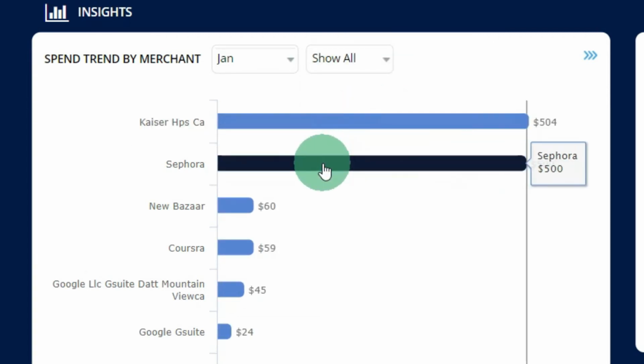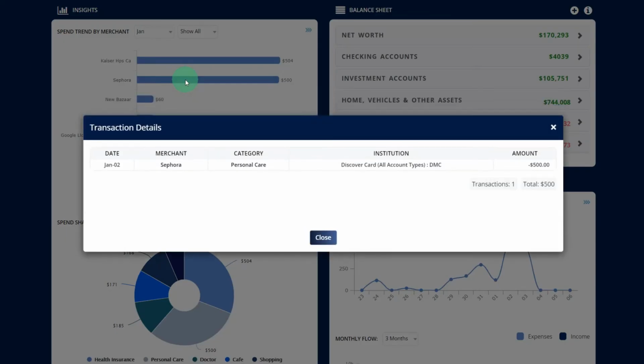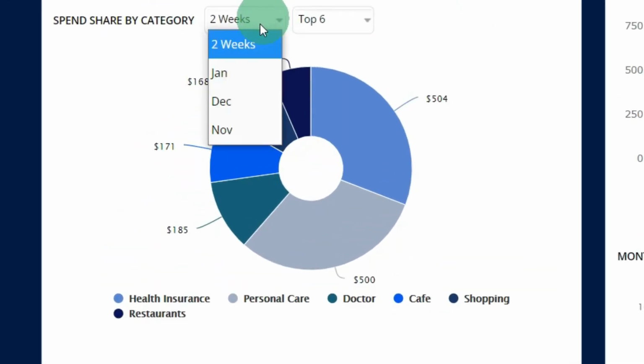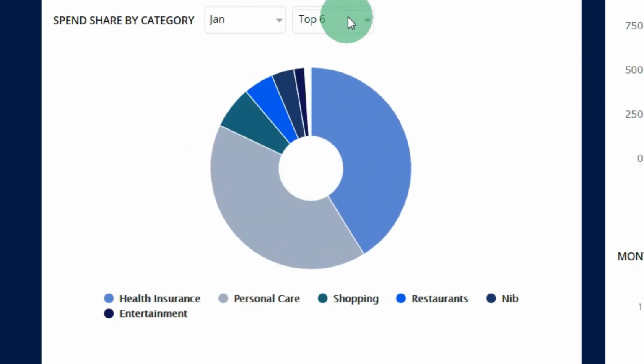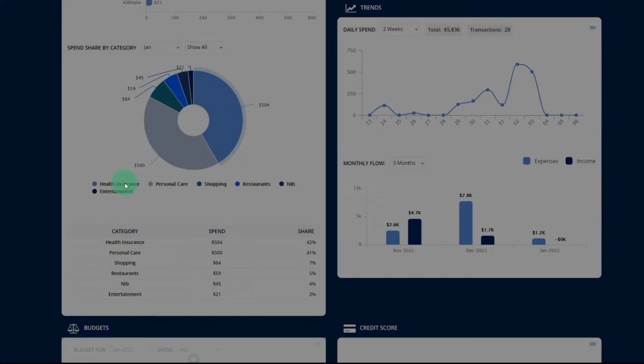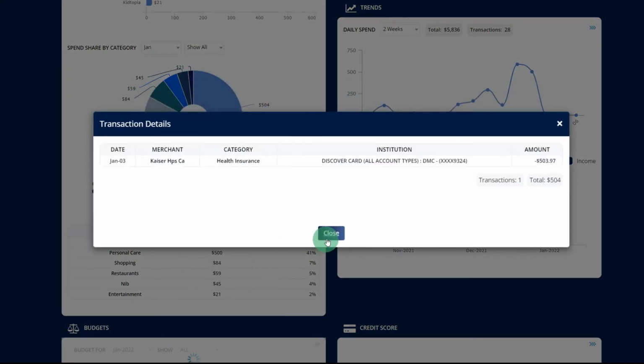To view all related transactions of each merchant, click the blue bar beside the merchant's name and the pop-up window will display all related transaction details under this merchant. The same filters apply for Spend Trend by category. Simply click the drop-down menu to select your options. To view a category's transaction details, click the category name, then a pop-up window will appear, displaying all related transactions